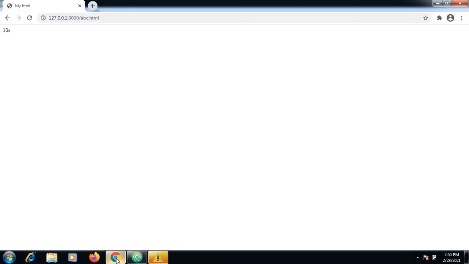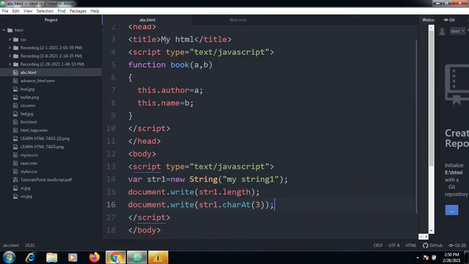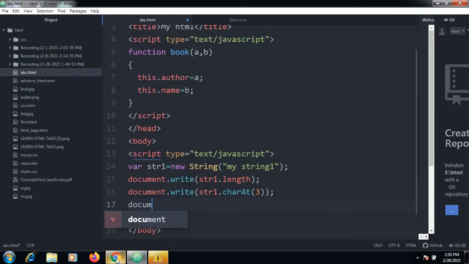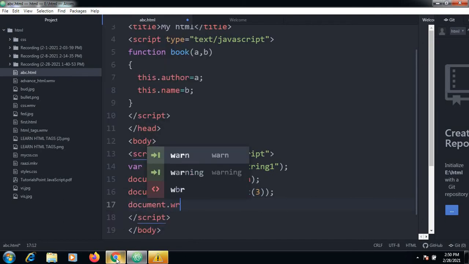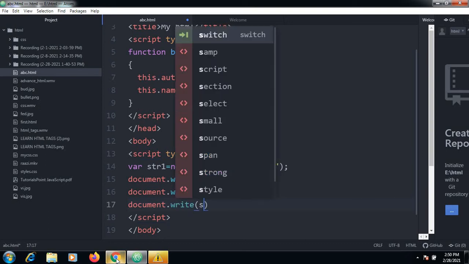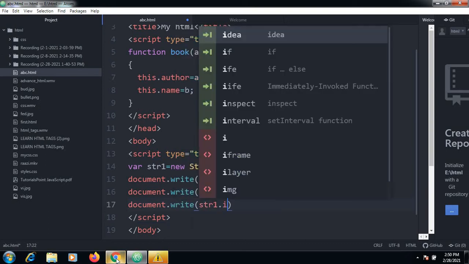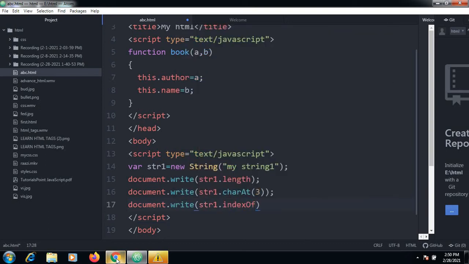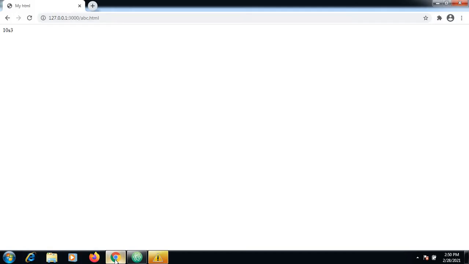This is the index. We want to get the index of the particular character. So how to do this? str1 dot indexOf, I want to get the index of the S. So what is the index of the S? 0, 1, 2, 3. So the answer is 3.